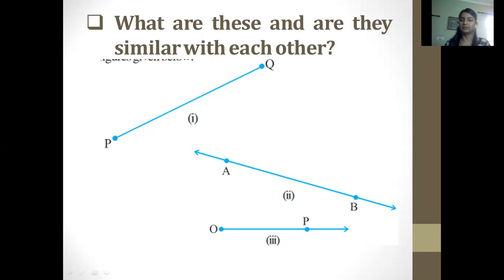That means it is showing that the first one is a complete line segment, then a line, then the third one is a ray that is starting from some point and not ending at any point, like sun rays. We can say that rays, like a beam of light, would all be considered in this. So this is what we're going to do in today's class.